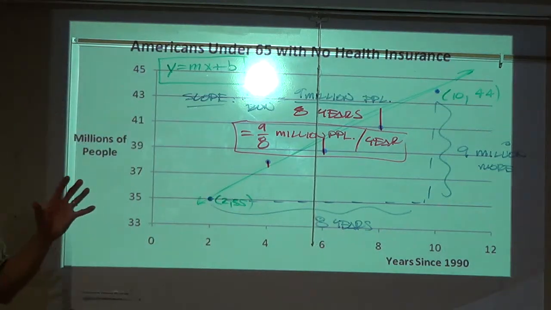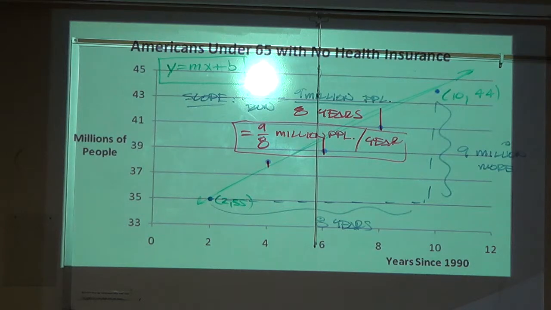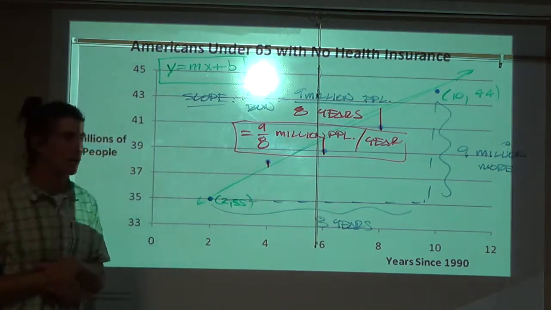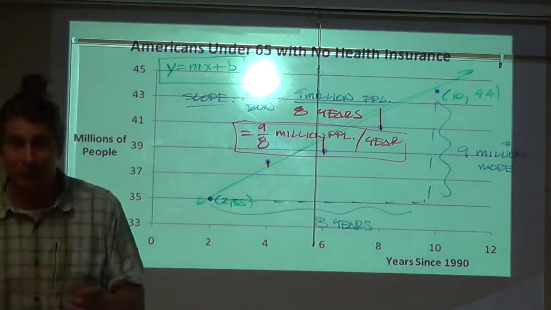If you average all those rates of growth together, you're going to end up with this slope right here. So your slope, think of it as that. Think of it as that. I'm going to put this over here because I think it's important for us to take away as we go through this course.